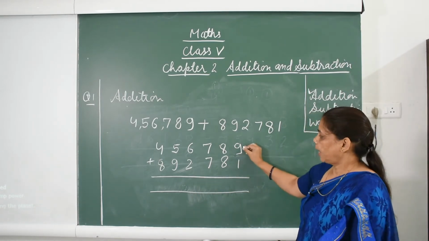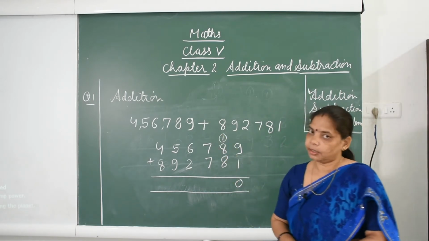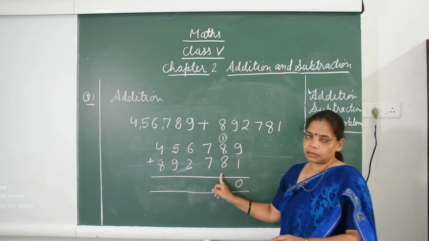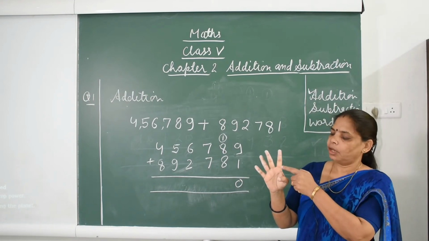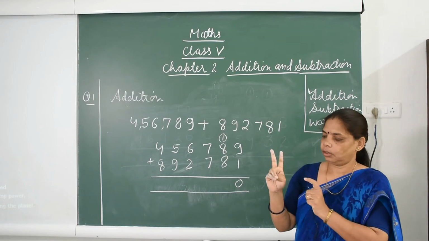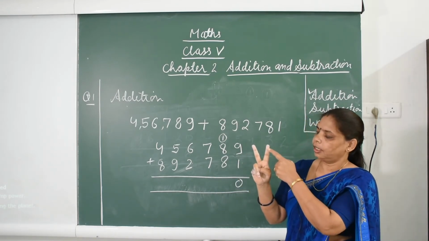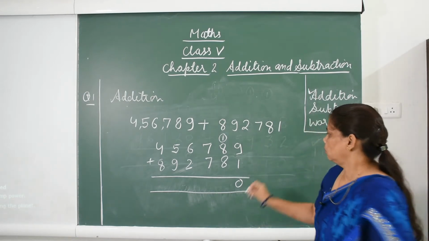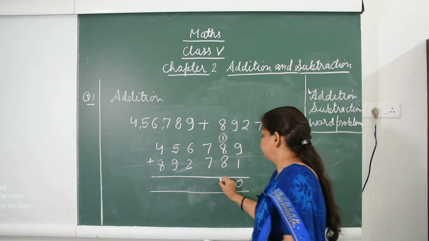So do the sum. 9 plus 1 is equal to 10. Carry 1, again 8, then you will take the help of this line. 8 is a larger number, so you have to take the 8 line. 4 plus 4, 8. 1, 2, 3, 4, 5, 6, 7, 8. 8 line here, so 8 and again 8, 9, 10, 11, 12, 13, 14, 15, 16. So 16 and 1 plus, 17.